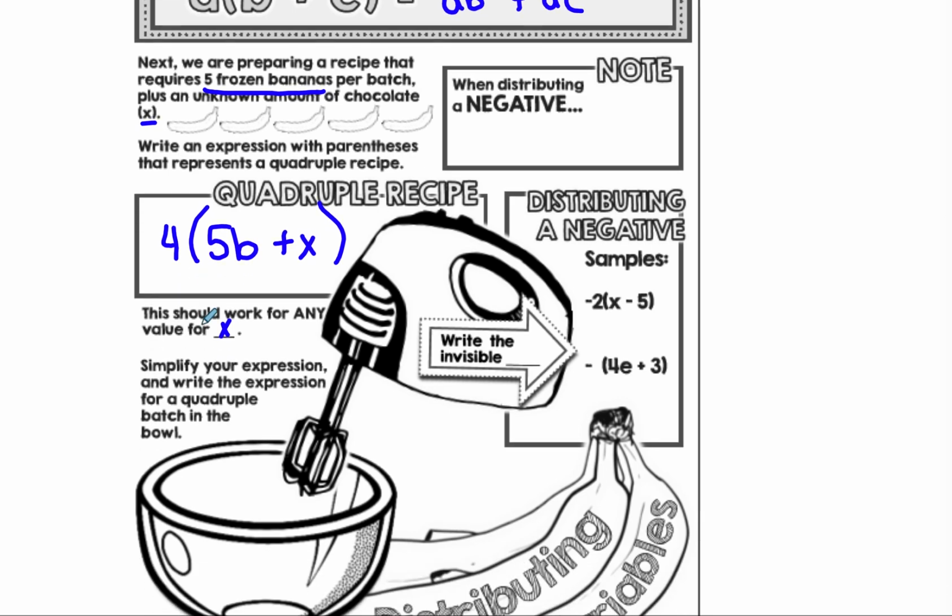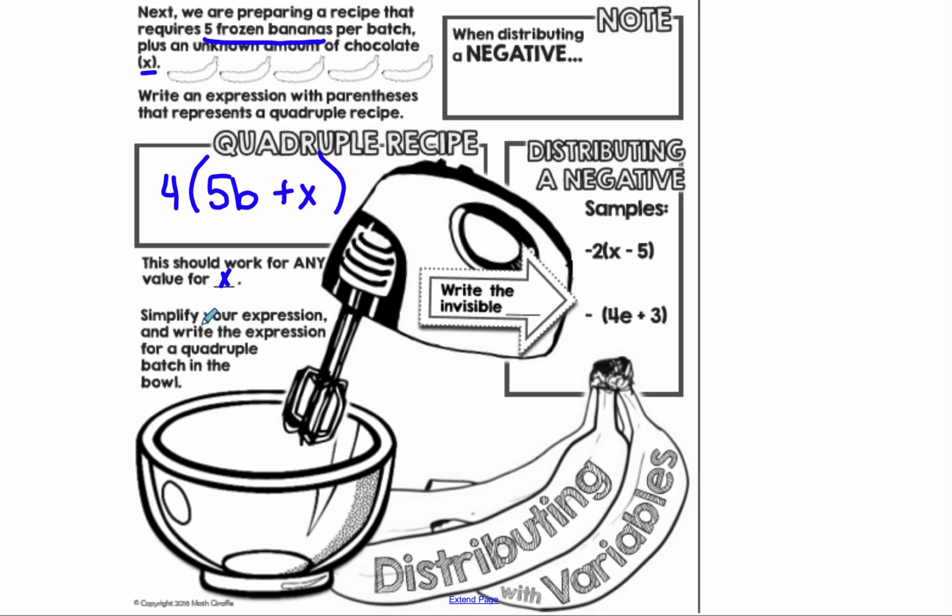All right, so now we're going to simplify our expression. We're going to write the expression for the quadruple batch in the bowl. So 4 groups of 5 bananas is going to give me 20 bananas that I need for this quadruple batch, and then 4 groups of X amount of chocolate. I don't know how much that is, but 4 times our X. Okay, so that's how much I need. I need 20 bananas, 4 groups of whatever the amount of chocolate is in order to make my 4 chocolate